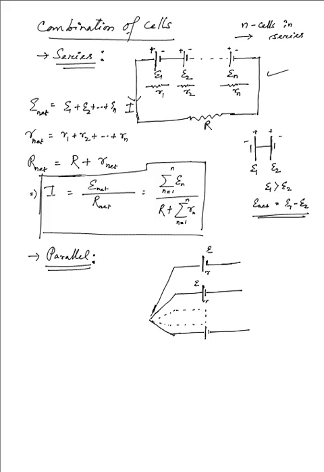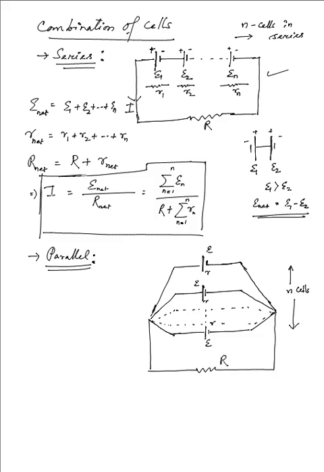That's more or less the way to draw it, I suppose. Here we have n cells. And the external resistance for the circuit is obviously